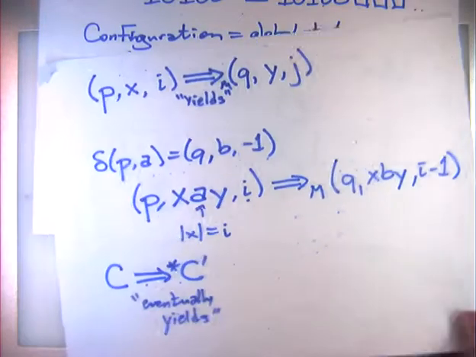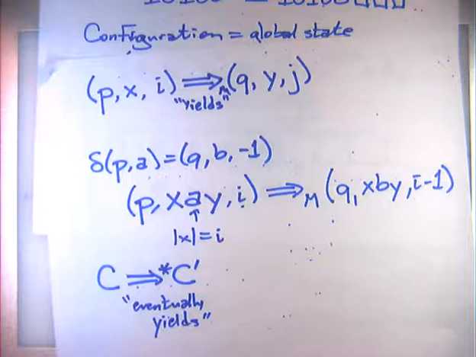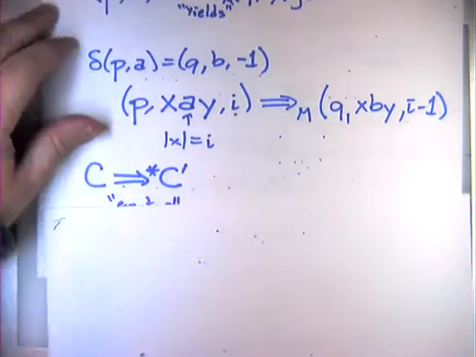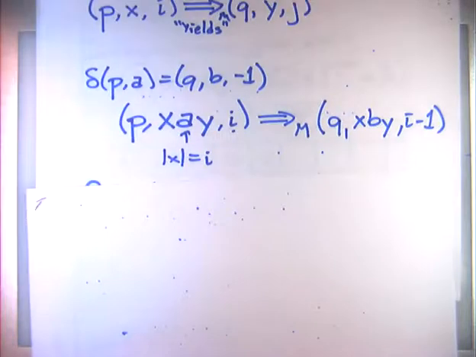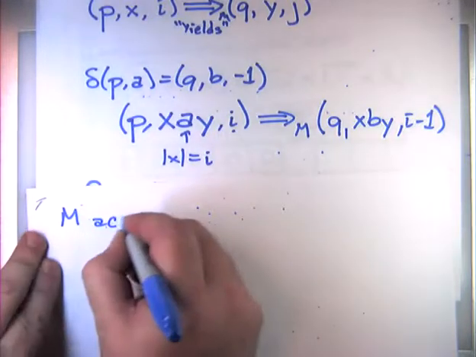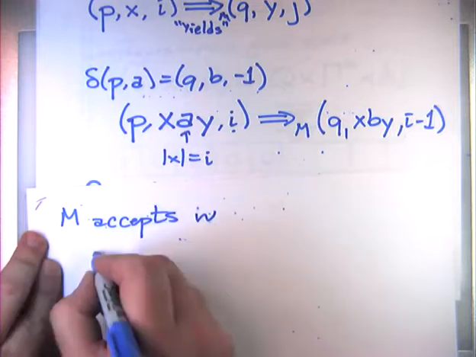And then finally, what does it mean for a Turing machine to accept a string? This is what we were doing with DFAs. For DFAs, you just chase the transition function every time you read a character, and when you run out of input, you have to halt, and you accept if you're in an accepting state, and you reject if you're not. For a Turing machine, you're allowed to go back and forth over the input, which you weren't allowed to do with DFAs. You're allowed to overwrite the input, and to write on the tape way past the end of the input, which you weren't allowed to do with DFAs. So this is the reason why I need an explicit state that says stop and say yes versus stop and say no. So I'm going to write that M accepts some string W